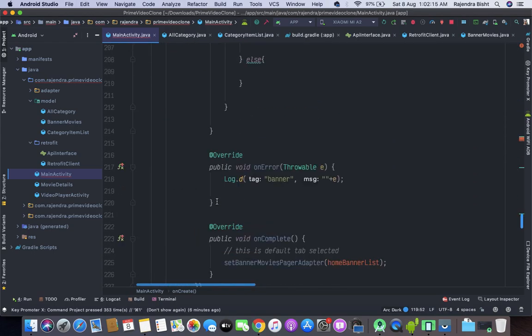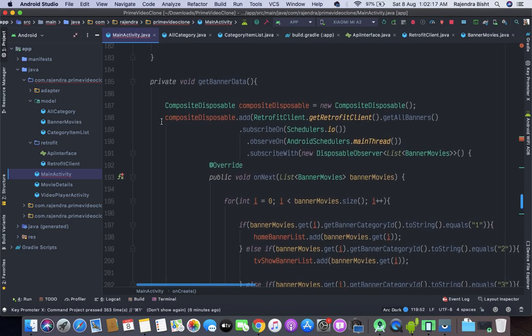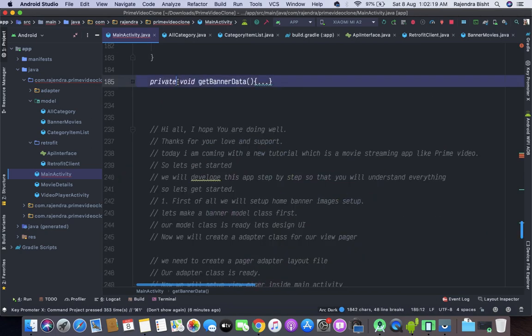So now I am just going to make another method, similar to get banner data.